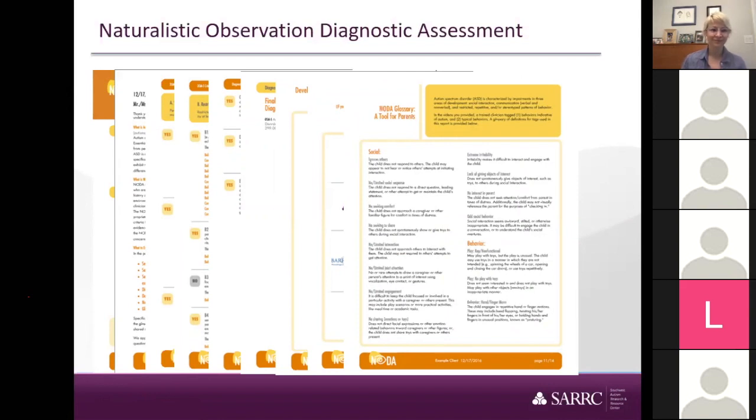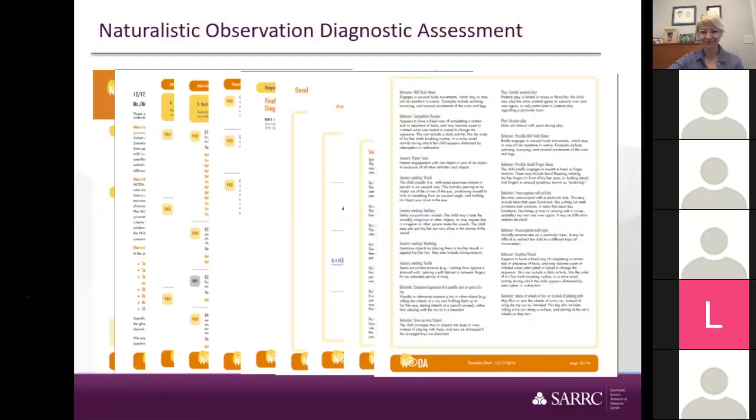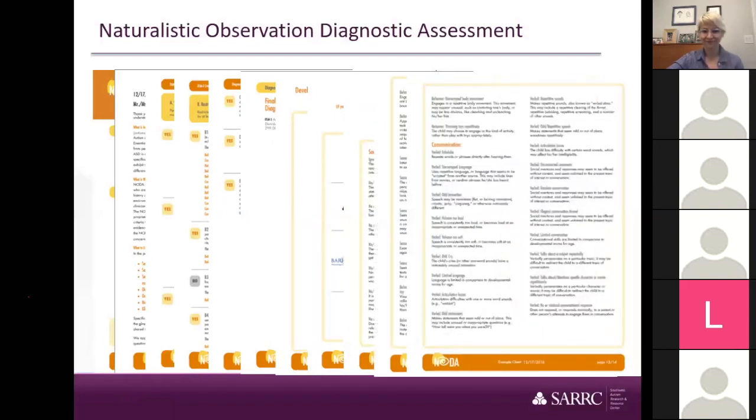So when they're reviewing the behavioral evidence for each of the DSM criteria, they may not understand, well, what does that particular repetitive behavior tag mean? Well, in the glossary, there's a description of what all of these tags are. And that's a couple of pages in there for them to have as a reference